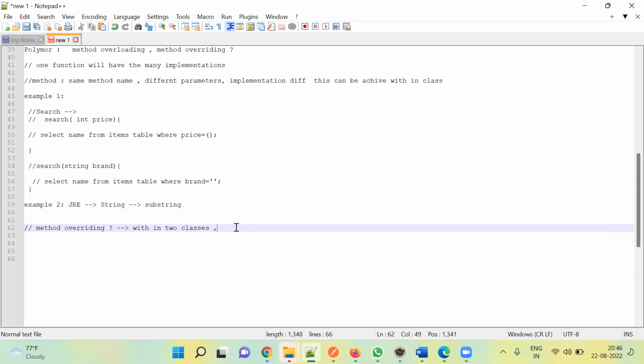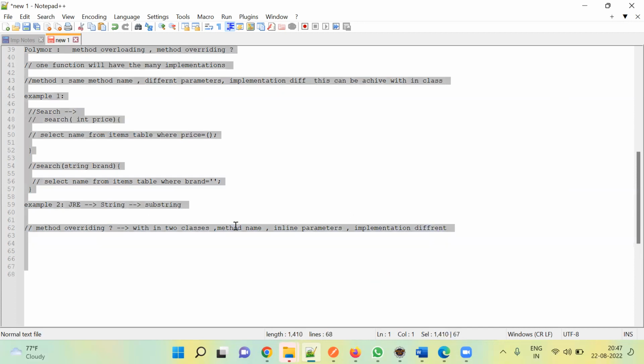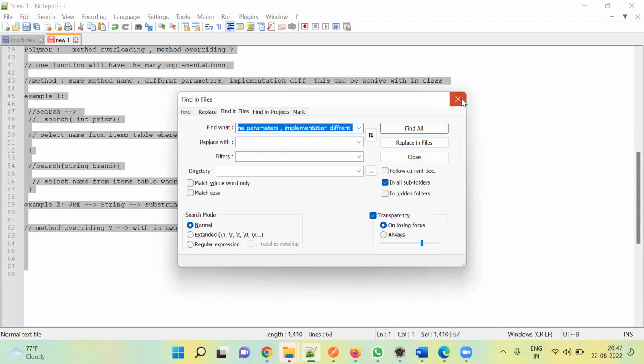And what is this one? Same method name and same inline parameters, and the implementation is different. So the implementation is different. So how this will be and why this will be is,